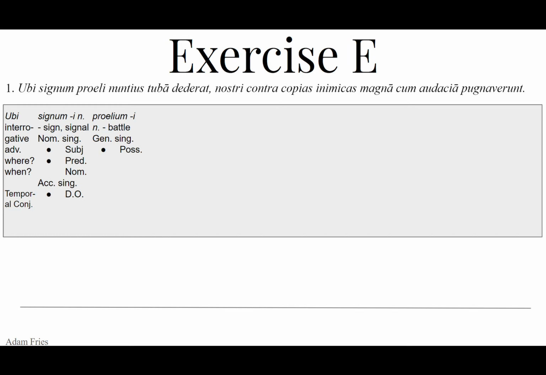Now, possession, that means that the battle is possessing the signal, or we put an of in front of the noun showing possession, the signal of battle. We can't say battle signal in Latin as is. We can't put the word battle right next to the word signal and then just leave it alone. One of those words is going to have to change into a genitive. Genitive is like the adjectival form of the noun. It's the noun form that is allowed to then modify another noun.